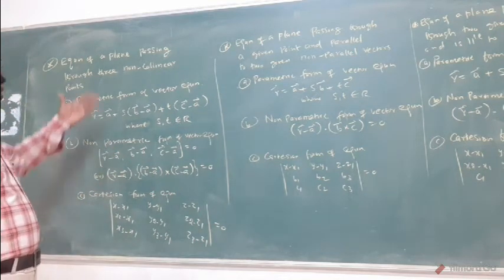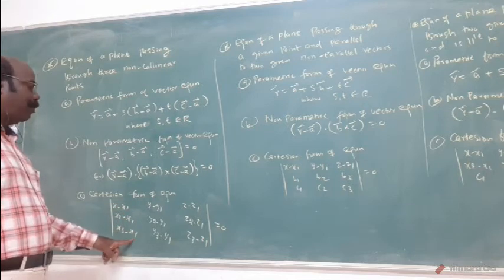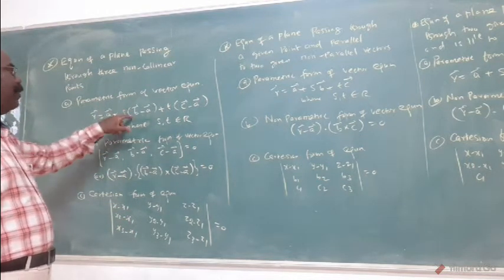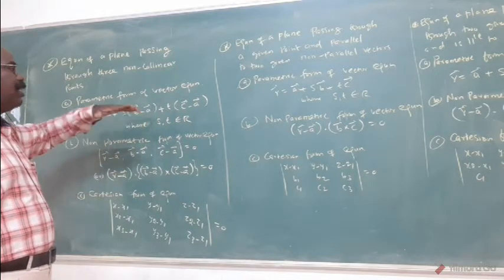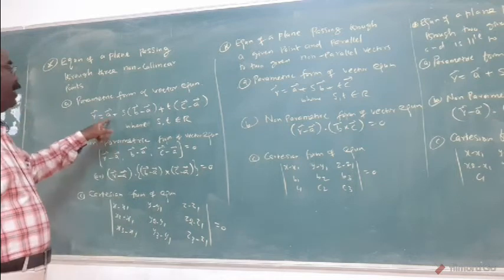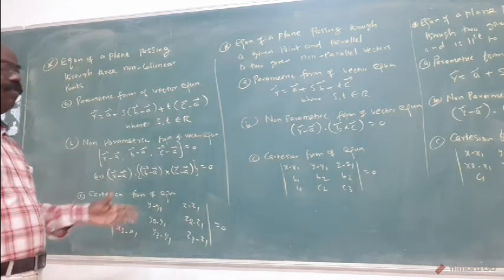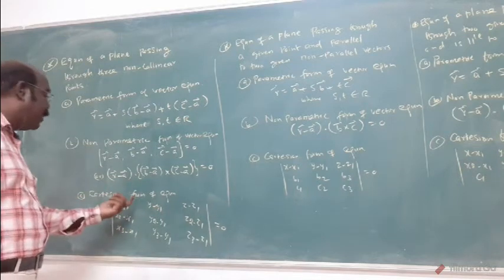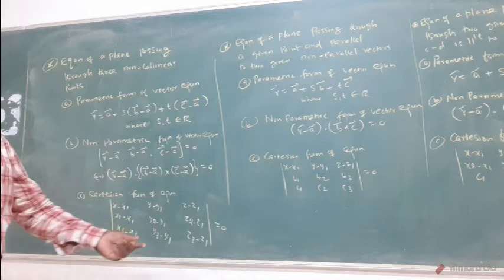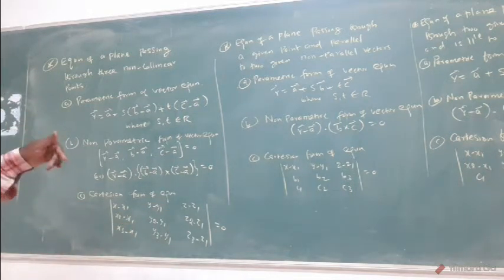The same thing, when 3 points are given: x minus x1, x2 minus x1, x3 minus x1 is the formula. When the 3 points are given, you will have the A vector, B vector and C vector. Substitute the A vector value, B vector value, C vector value, that is the answer. Here, without writing A vector, B vector, C vector, they may ask directly with the points. Substitute here, we get the equation involving x, y, z. That is the answer. These 3 formulas are very important for this exercise.